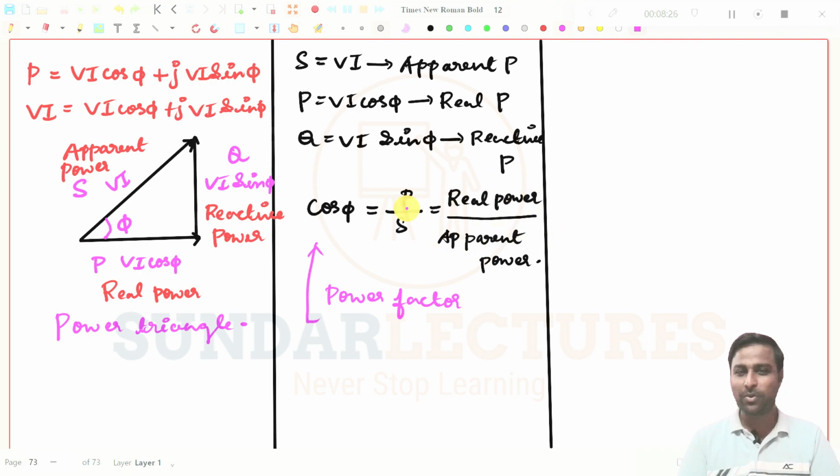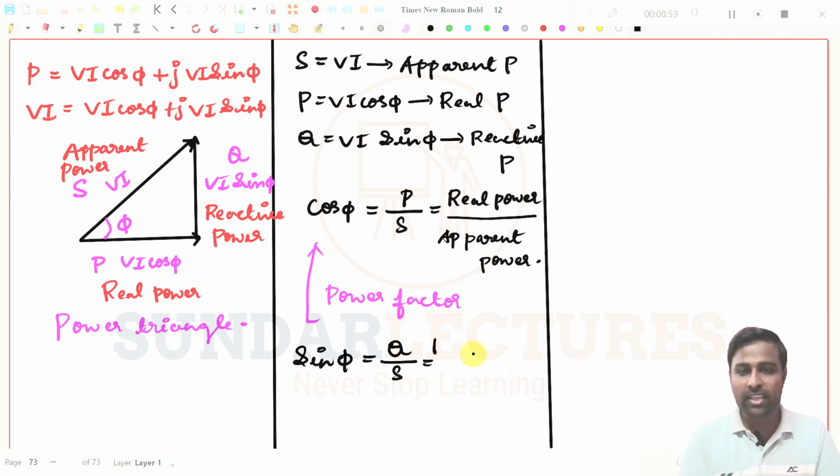You can easily get the value from this expression. P by S, which means what is this? This is nothing but adjacent side by hypotenuse side. And if you want to write what is sin pi, I will write here sin pi. Try to get every point here. What is sin pi? That is the opposite side divided by hypotenuse side. What is the opposite side? This is Q divided by S. And what is Q here? Q will be the reactive power